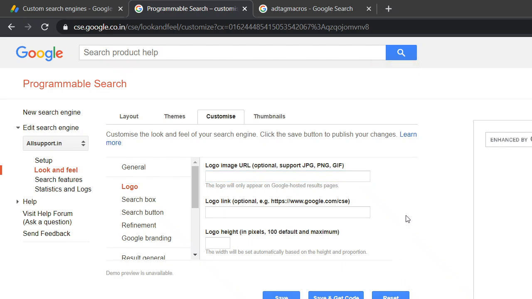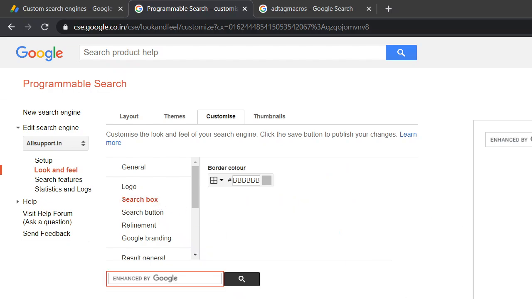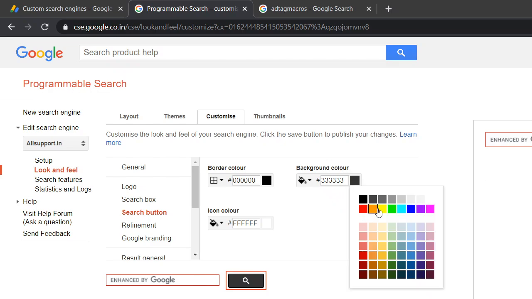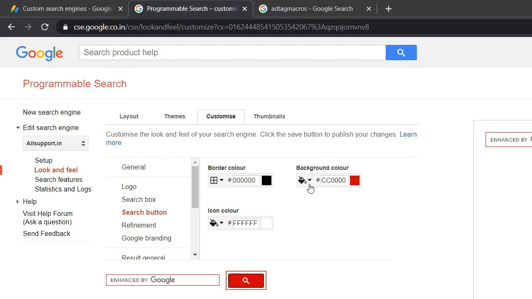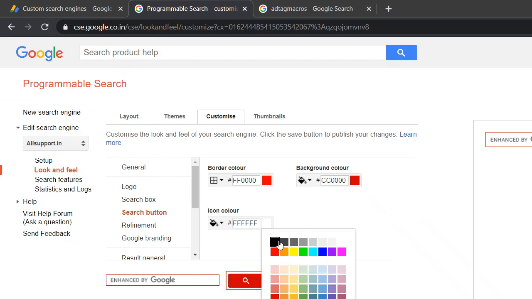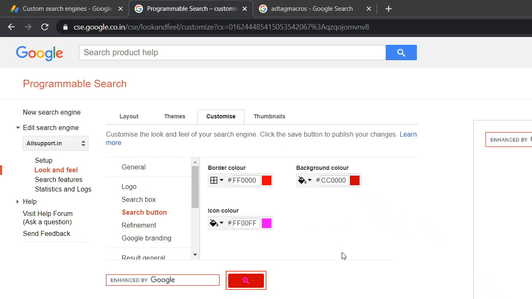Since this is a site of all support, we are not going to do anything there. Now for search results, you can control how the borders work. If I want to show a red border like this, it will show as a red border. Now if you want to customize this search button, you can control it with this. The color has changed, but I want to show it like this one, so I will keep it as it is. For the border color, I will add red. For the icon color, let's say this one doesn't look good, so I will just check this one. Basically you can control how this button should show up.